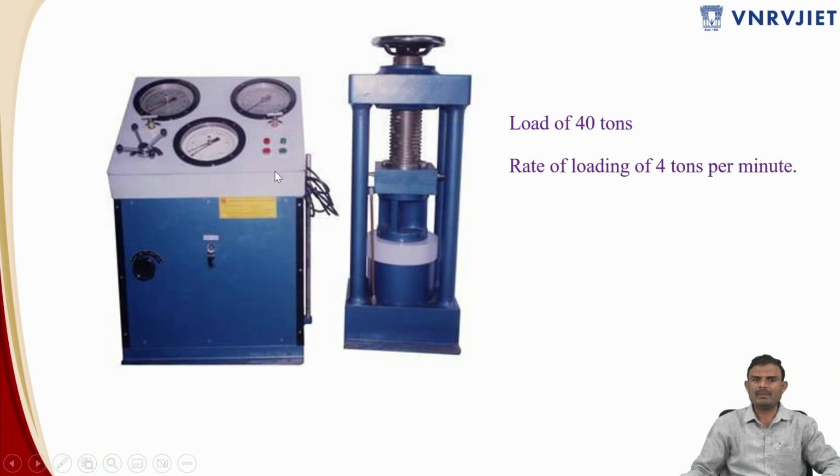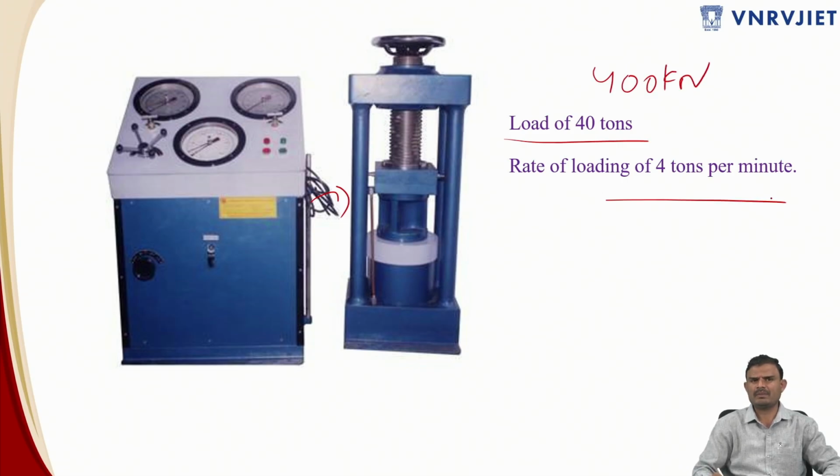This is by means of a hydraulic jack. So the load will be supplied from this machine to this equipment over here. The amount of load applied in the aggregate crushing value test is 40 tons, or sometimes you might see this as 400 kilonewtons also. The rate of loading is 4 tons per minute, so that is nothing but an average. You have to apply 4 tons per minute. So the test will consume approximately 10 minutes, such that 10 into 4, 40 tons